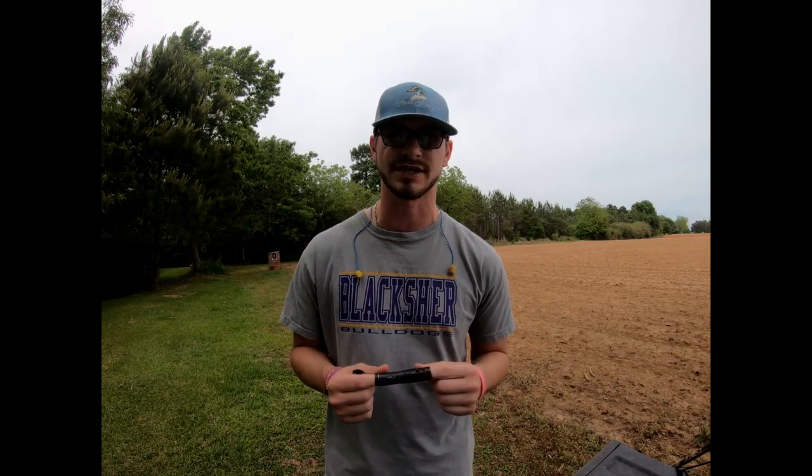choke. All right, if you don't know what a choke does, chokes help hold certain patterns throughout distances. They either help hold it tighter or create a wider spread of your pellets as you shoot through your shotgun at waterfowl or birds of any kind. So both of these are full chokes. So that's just under what is considered to be the biggest. You have extra full, modified, improved cylinder, and then just your barrel. So the higher you go, the closer to full, the tighter that pattern is going to be at greater distances. And so today we're going to see if a Kicks High Flyer is actually worth purchasing or just keeping